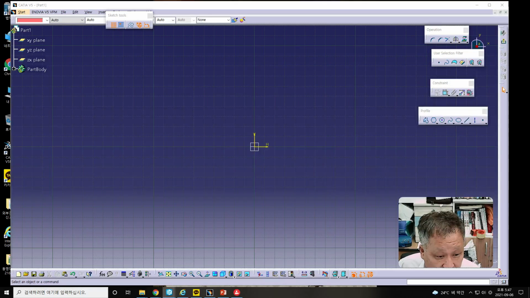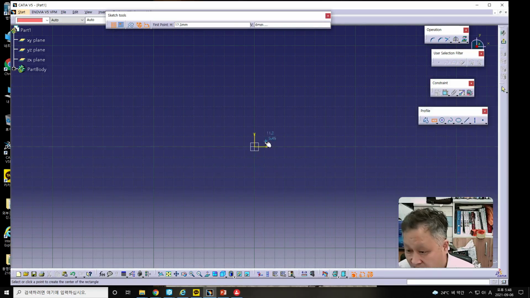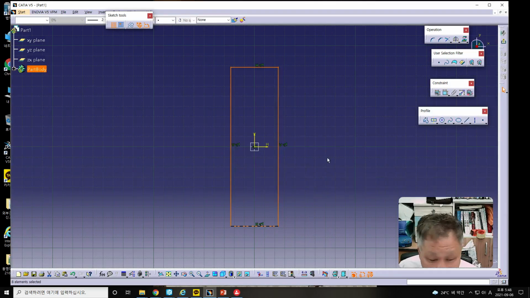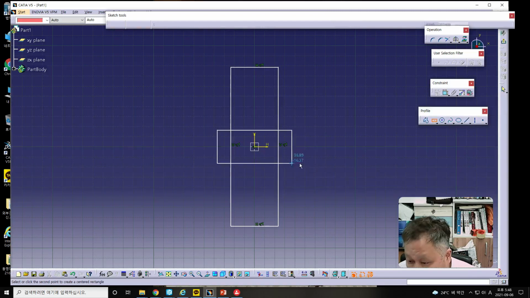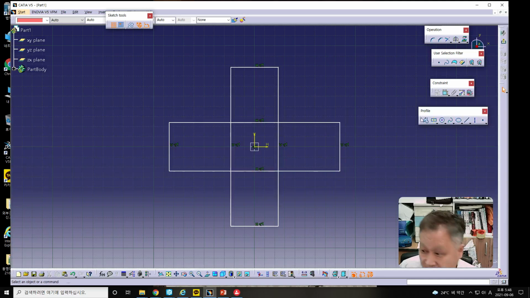And the size of the sketch is maybe, first I will select a centered rectangle and make some rectangle, and second one set by using centered rectangle and use another sketch like this,